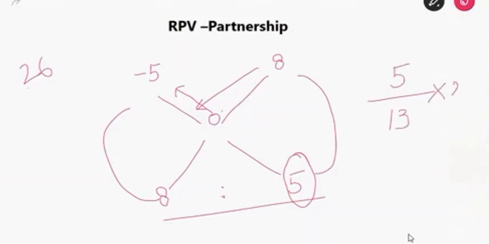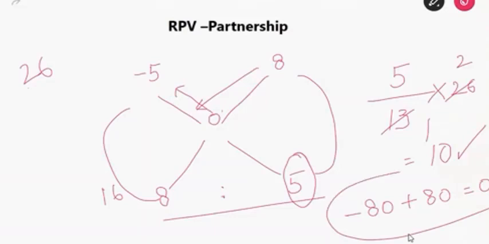Totally how many questions are there? 26 questions. 13 ones and 13 twos. So how many questions are correct? 10 questions are correct, right? And 16 questions are wrong. Am I right? Now 16 5s are 80. So you will get minus 80 marks for this. For 10 questions you will get 80 marks. So minus 80 plus 80, totally how many marks did you score? 0. So we have satisfied the given condition.